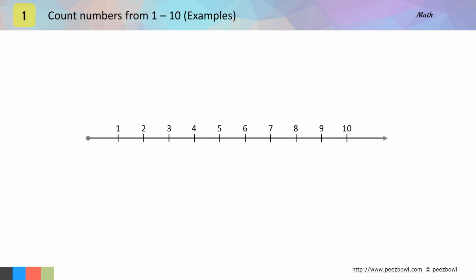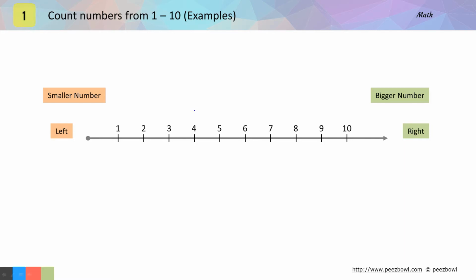You already know that we count from left to right. This means that on the left hand side we have smaller numbers, and as we move on the right hand side, the number becomes bigger. You can also say that numbers 1 to 10 are arranged in ascending order. This means that we have smaller number first and bigger number later.